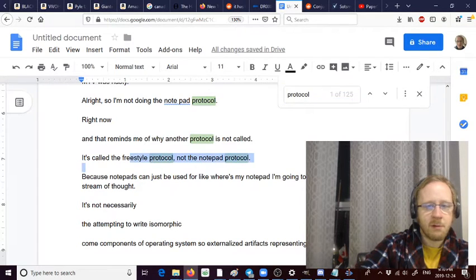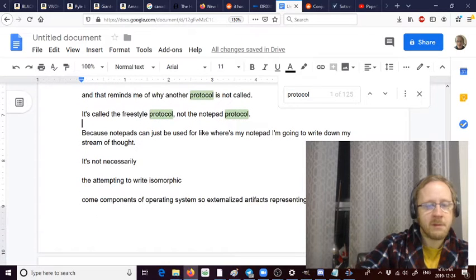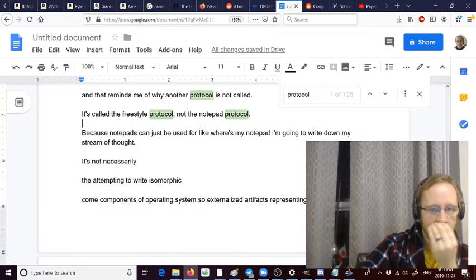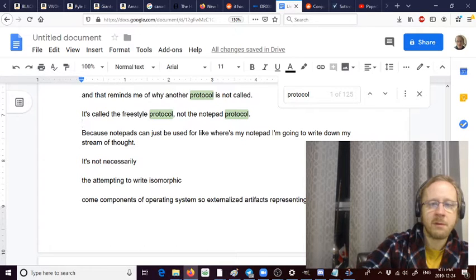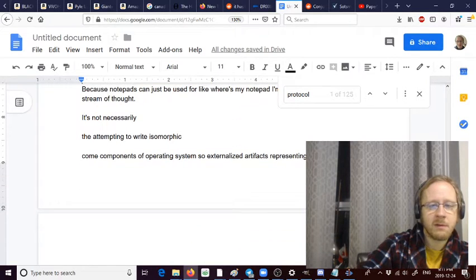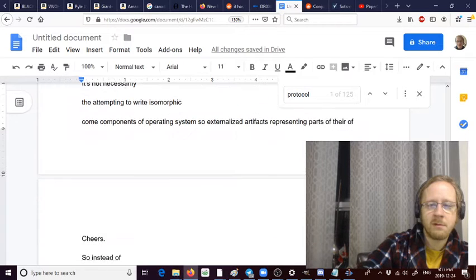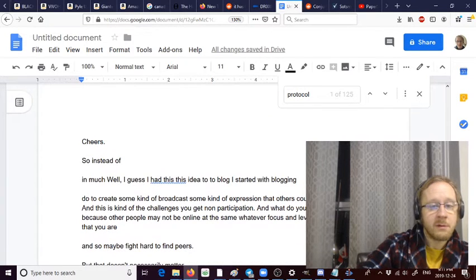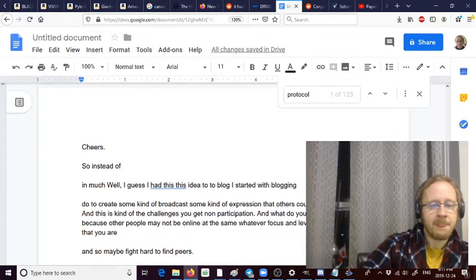It's called the freestyle protocol or the notepad protocol. So here I'll give you an example. Because notepads can just be used for, like, where's my notepad? I'm going to write down my stream of thought. It's not necessarily attempting to write isomorphic components of the operating system or externalized artifacts representing parts of their cheers. So, whoa, okay, that's a little bit off, but yeah,